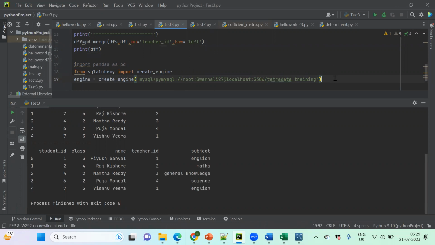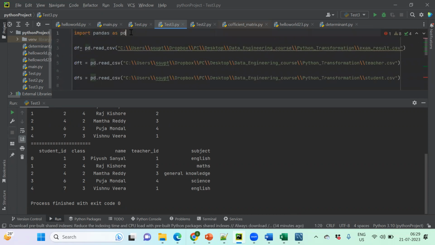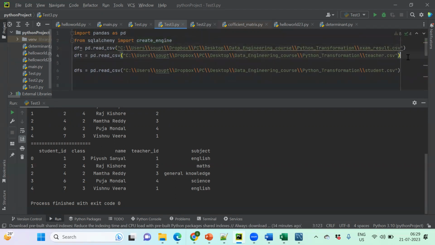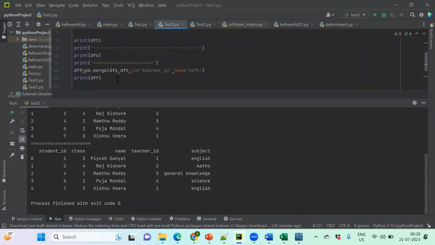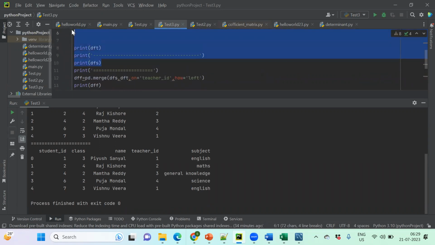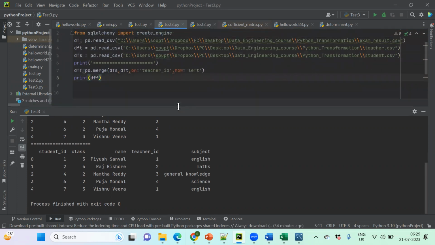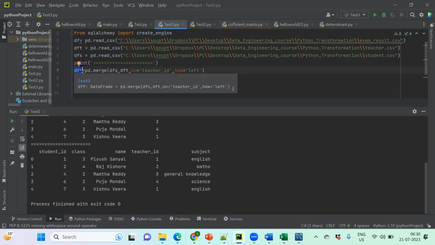So let's push it. How to push it? Pandas is not required to be imported again; I'm just creating the engine over here. Let me do it at the beginning, it should be a good convention. I'm omitting these parts. Okay, so DFT and DFS are present. I'm joining DFT and DFS and creating the resultant data frame, that is DFF. Now I want to